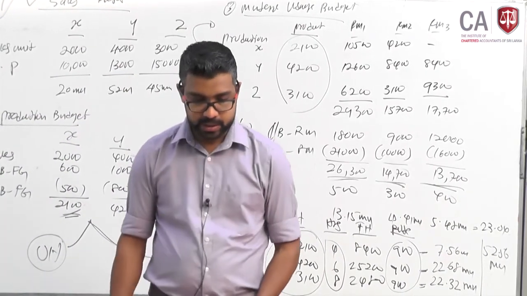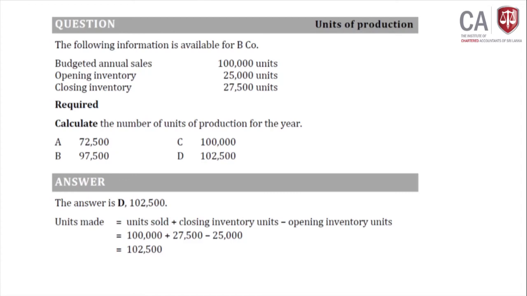Basic functional budget. So read this question. This is how the examiner can test. Simple question. The following information is available for B company. Budget annual sales 10,000 units, opening inventory 25,000, closing inventory 27,000. They are asking to calculate the number of units produced. What is our formula? Units sold plus closing balance minus opening balance. Here is the formula. The question is the number of units you produce. So units sold plus closing inventory minus opening inventory equals